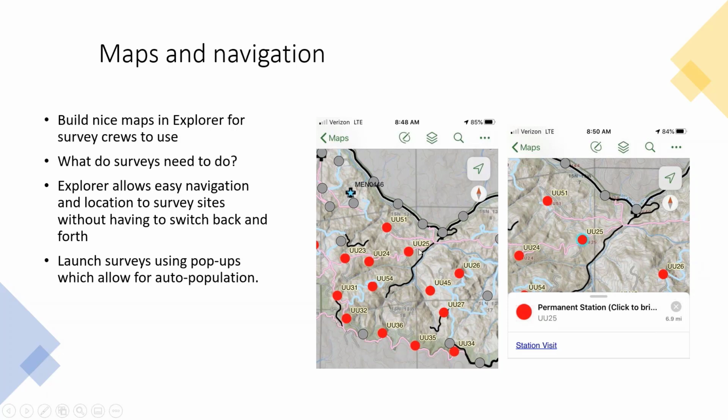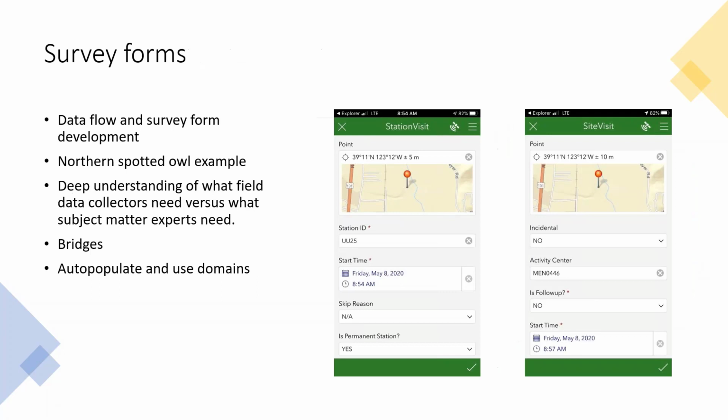Further, on our second review, we learned that we can use these wonderful pop-ups, so they can click on this station, and then click on the link here and go right to their survey. It will auto-fill the station ID. Most of that survey form is automatically filled out for them. They don't need to change almost anything.